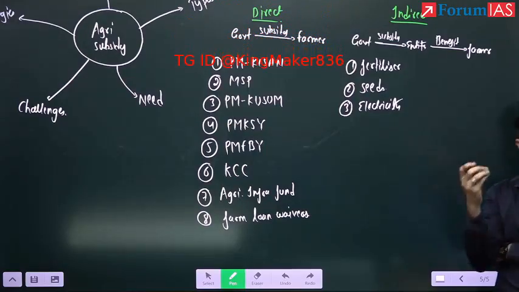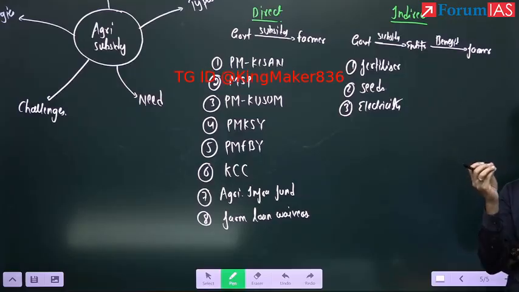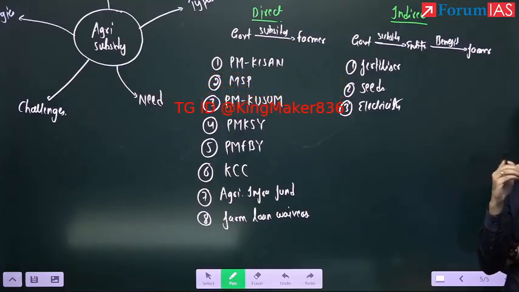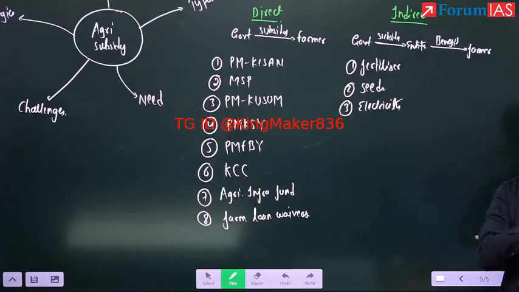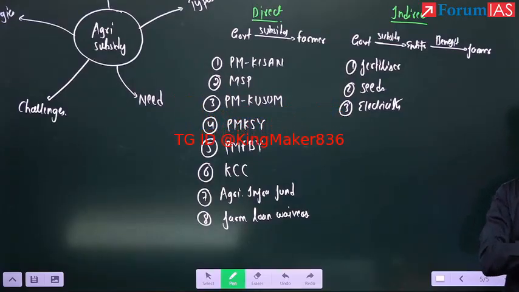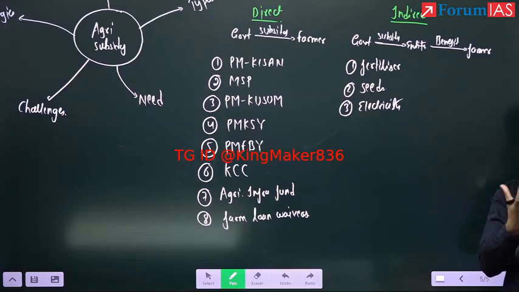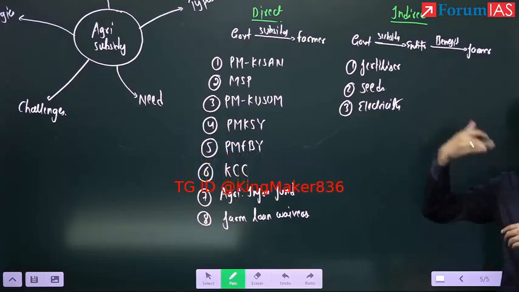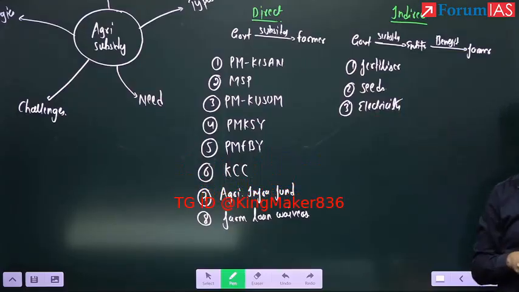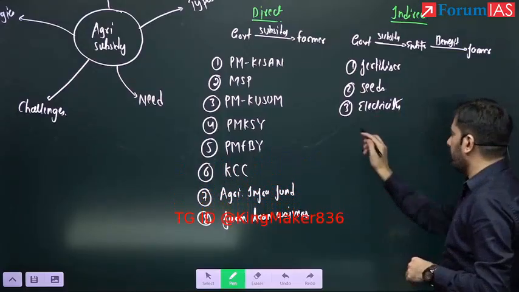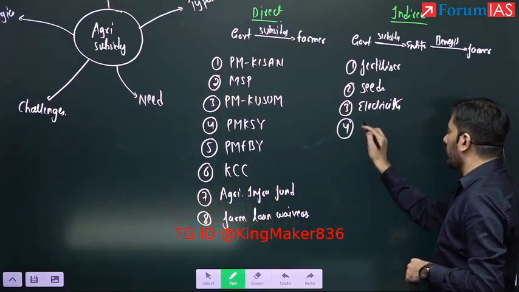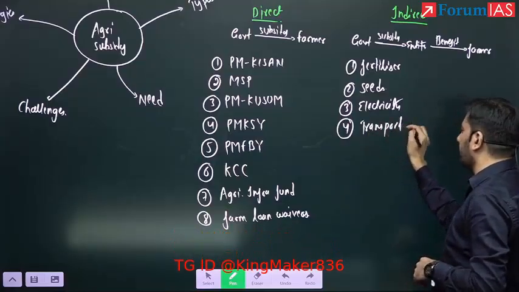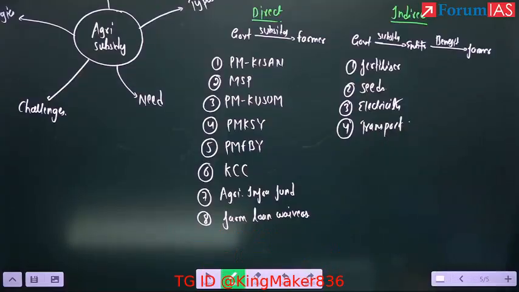We give subsidy to the seed companies, so they will be able to manufacture seed at a lesser price. Like we'll give them subsidy for research and development of seeds. So once they get the money from the government for research and development, that money they'll use to develop new varieties of seeds and sell the seeds to farmers at a lesser price. Okay. Then we also provide for transport subsidy.